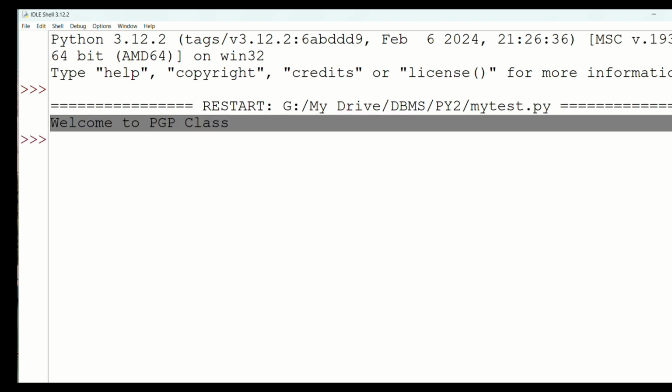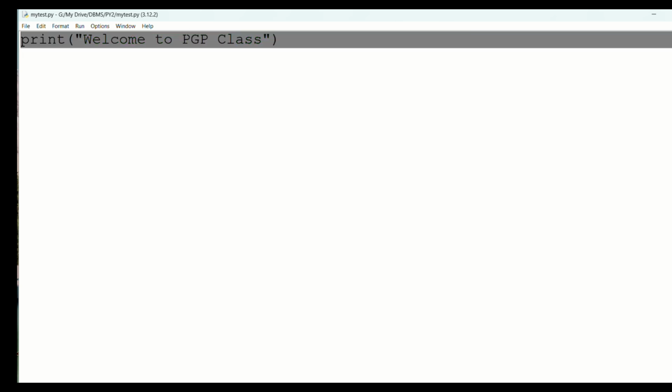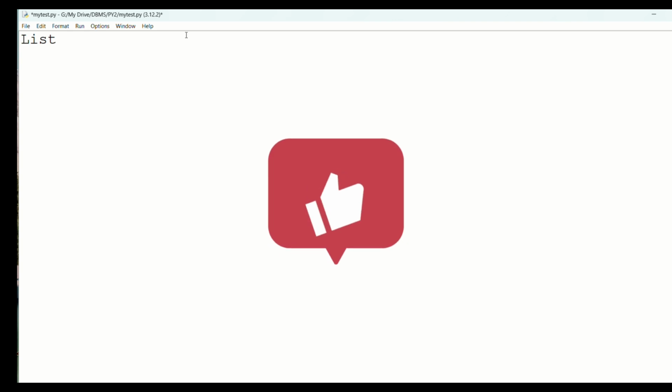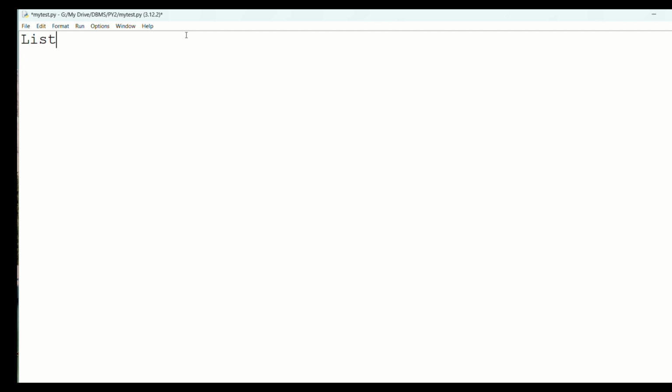Now we are going to discuss Python lists. What is a list? The list is a set of values, a set of items. The list is the most flexible data type available in Python, which can be written as a list of comma separated values, called items, between square brackets. If you want to declare an empty list,